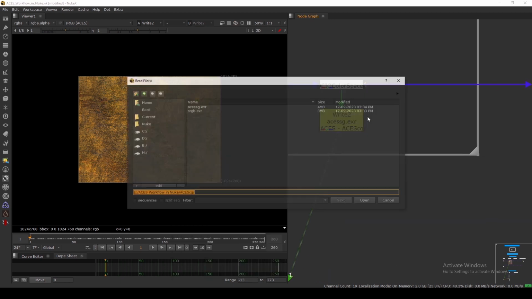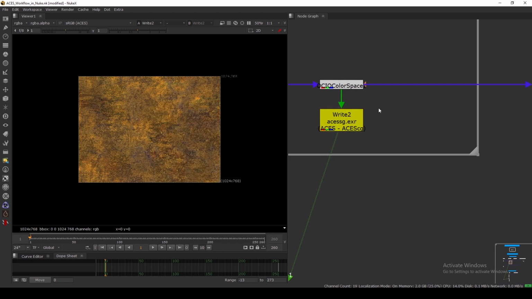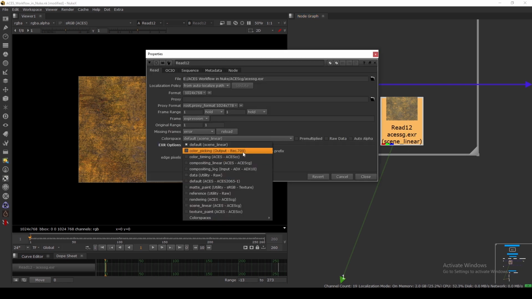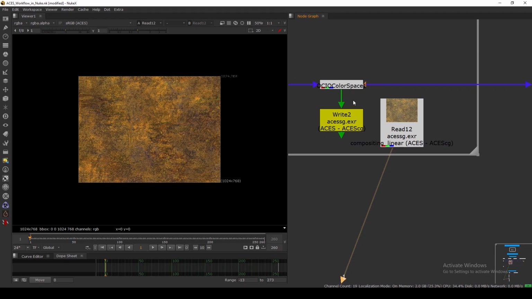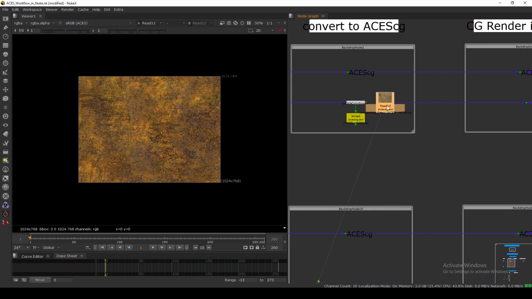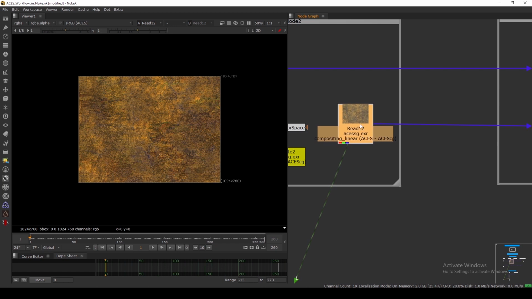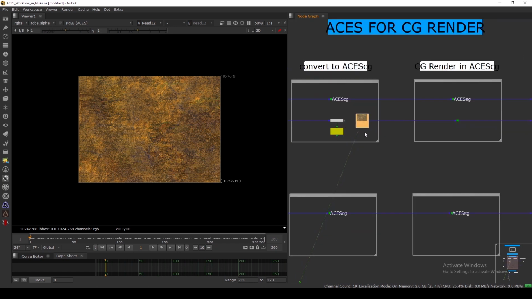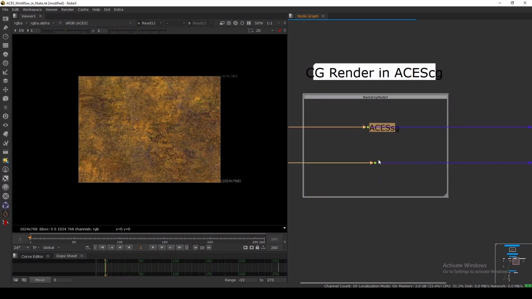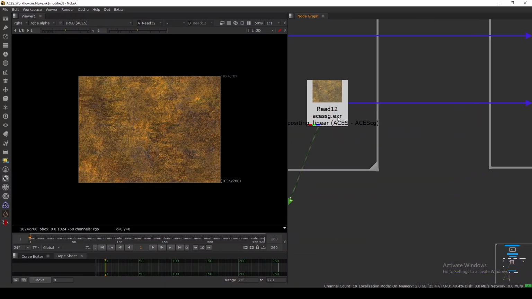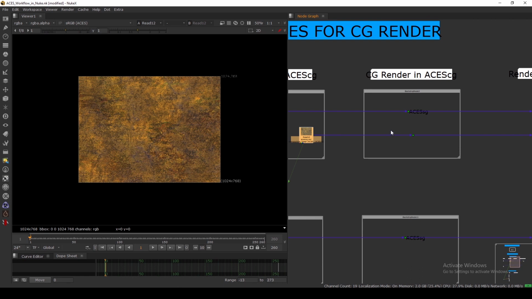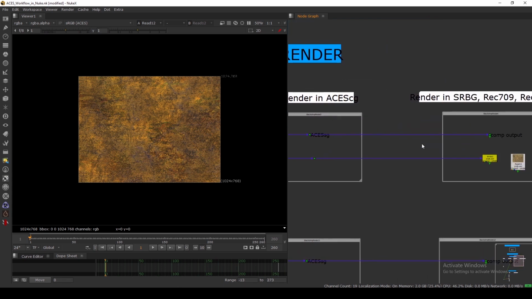And let's import this to just check. So this is the ACES. As you can see, they both are looking the same, but this is showing linear. We need to select this is the ACES CG, and it's proper now. So as you can see, now they both are matching one to one. So we can select this one like here, and then you can use this 8-bit texture because this is an 8-bit, but it's converted to ACES CG, so we can render in our 3D software using this texture file. So the colors and everything will be affected properly when we are rendering in ACES CG,